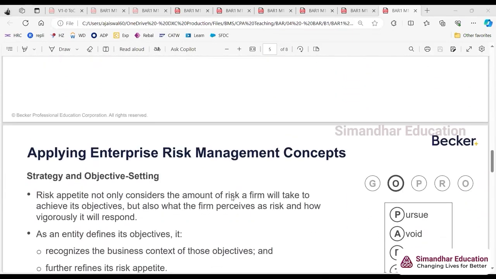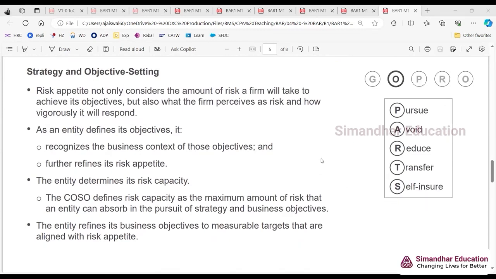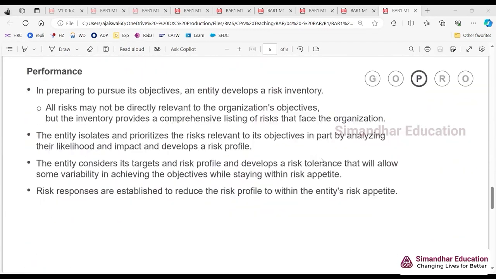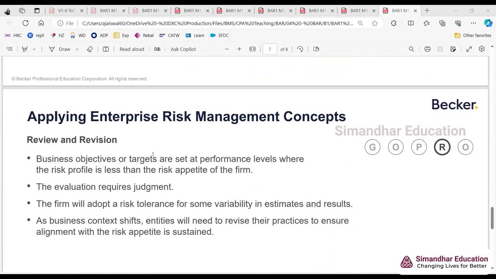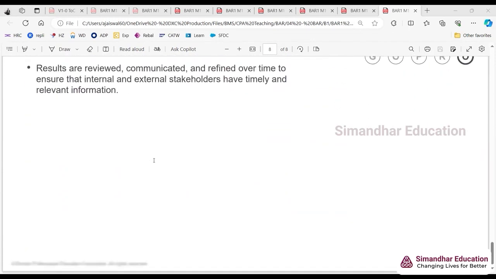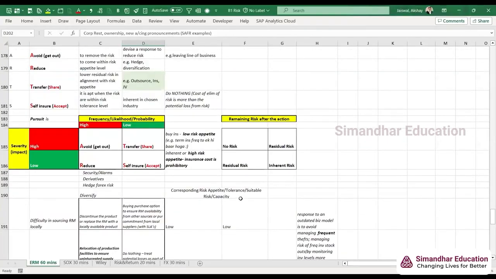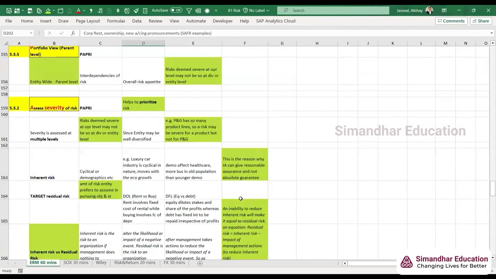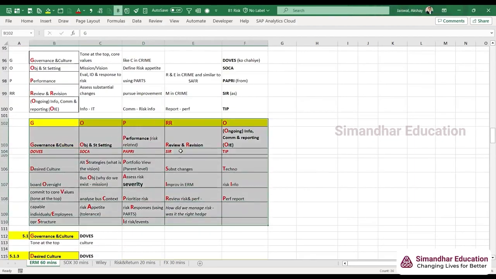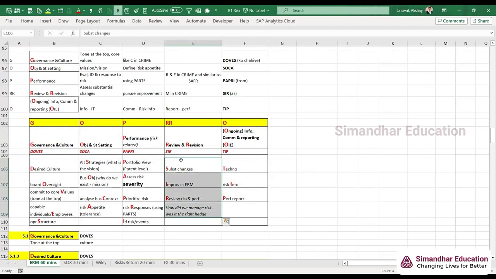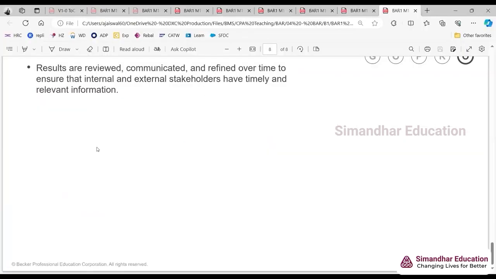Governance and culture, we have discussed this. All of this we have discussed. Parts again they are saying. So some repetition is also there. All right. You don't have to memorize all that is written in the book. But as I said, you need to memorize this table, right? Either this table or the summary from the book that I showed you, right? So this you will have to memorize, that under which component, which are the principles that are coming up. Not all of this you have to memorize, right? Otherwise you will go mad, correct?